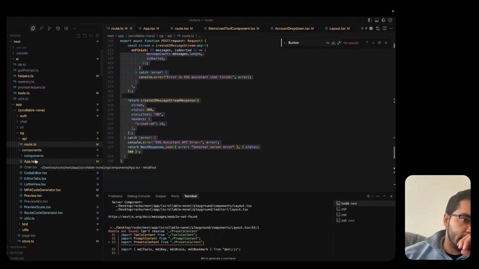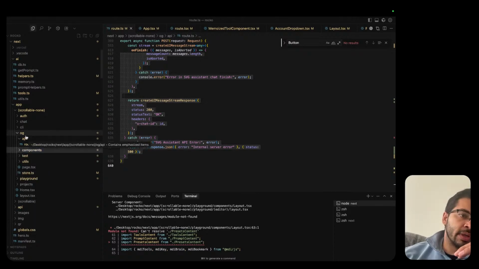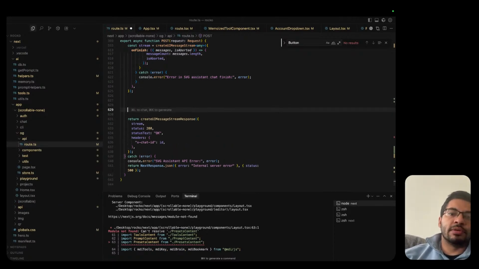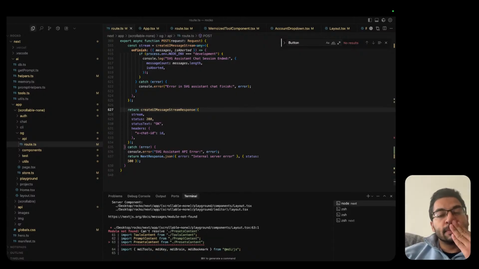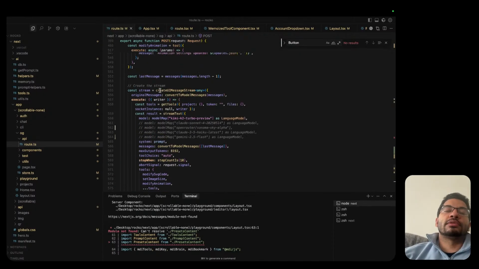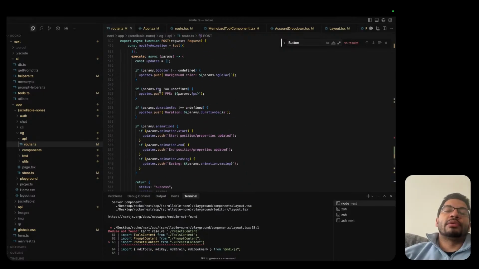So we are going to be reusing the code in that route that we are in this route. So first things first, what we need to do